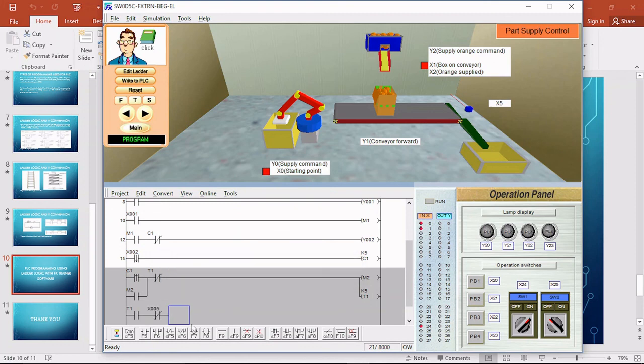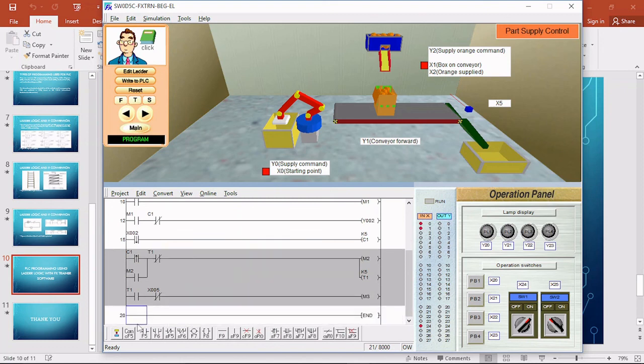So X5 will run into another relay, M3 in this case, and I'll be latching M3